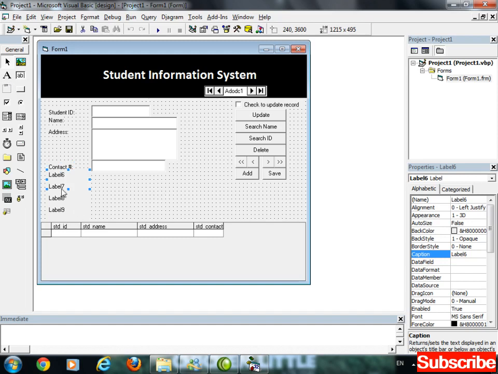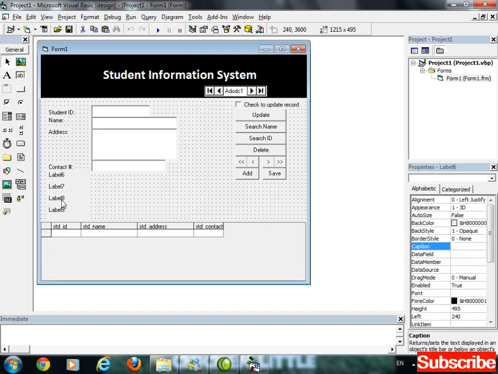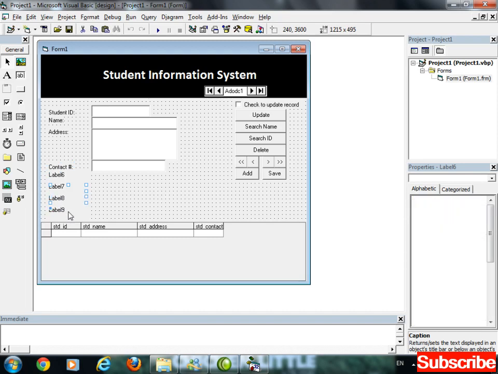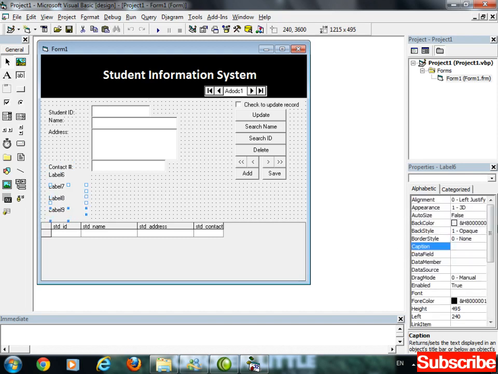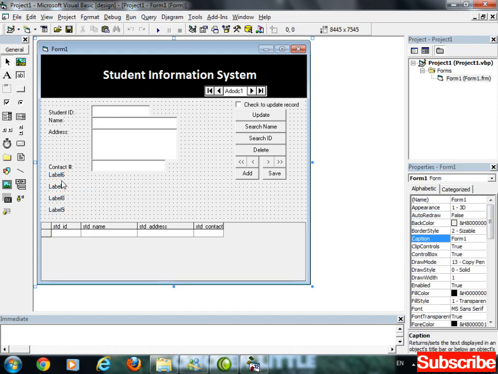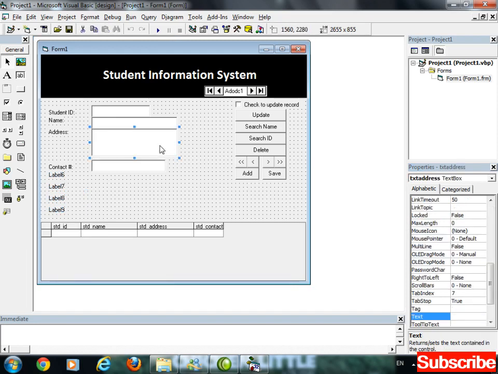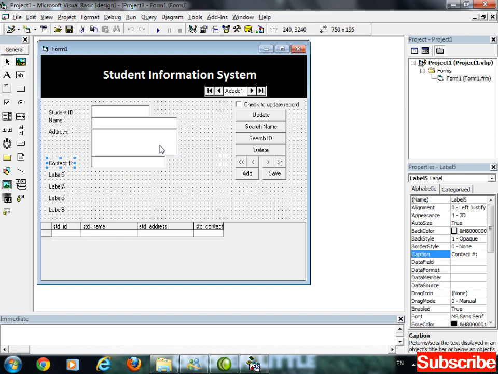Okay, using control click, select all of the 4 labels and change the auto size property to true. Auto size property. Yes. Reduce the height of this one and move this.